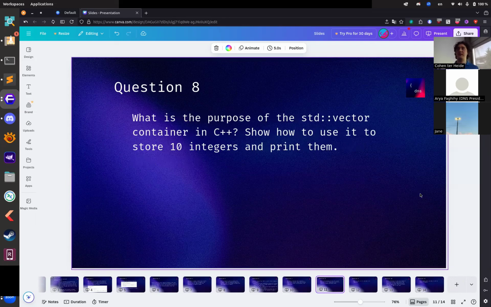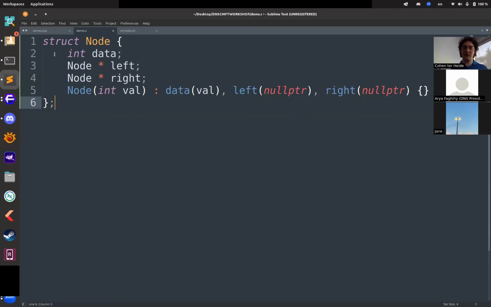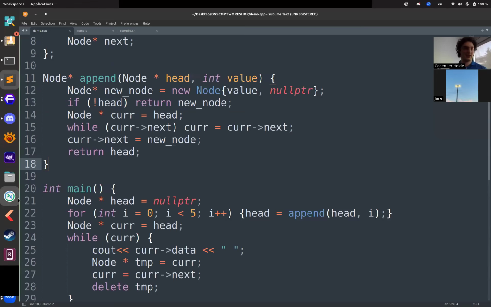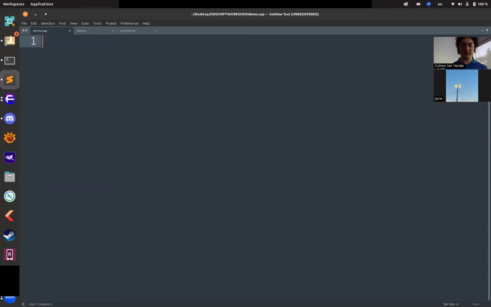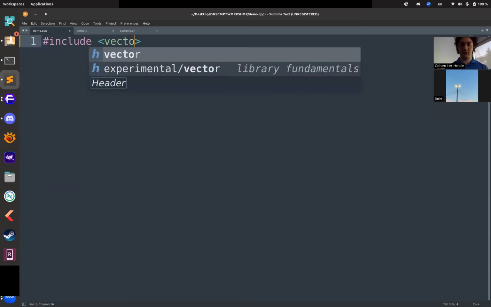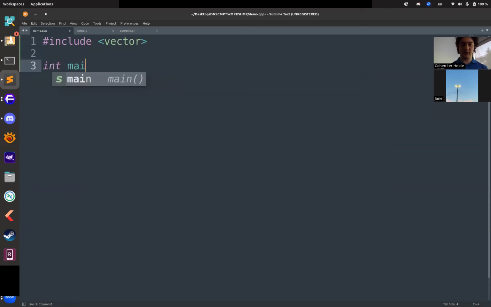Okay, do you know what std::vector is in C++? Because you guys have been learning C++, correct? You haven't covered vector? Okay. Vector is basically a dynamic allocator. So if I go to C++ and I include a vector, in main, a vector is basically just a container. You give it a type, int,